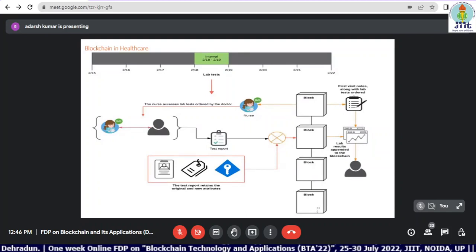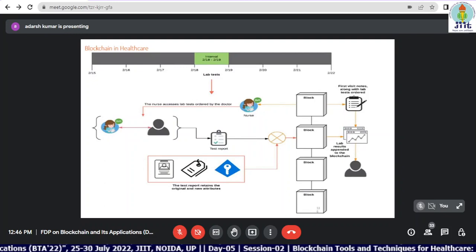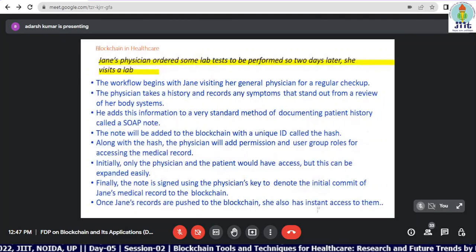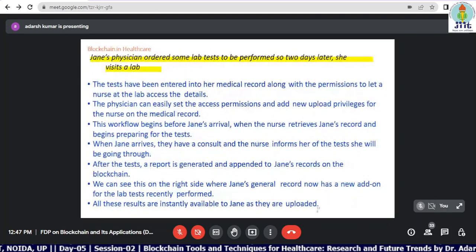This timeline is important. Sometimes you're visiting a doctor and the doctor says that I will not accept a report that is one month old. So I want a recent report. So what you have to do is retest yourself. In case of more accuracy and more transparency in doctor practices, he either has to accept or make his recommendation, but everything will be recorded, right? So these are the steps, which I've just explained in the previous step.